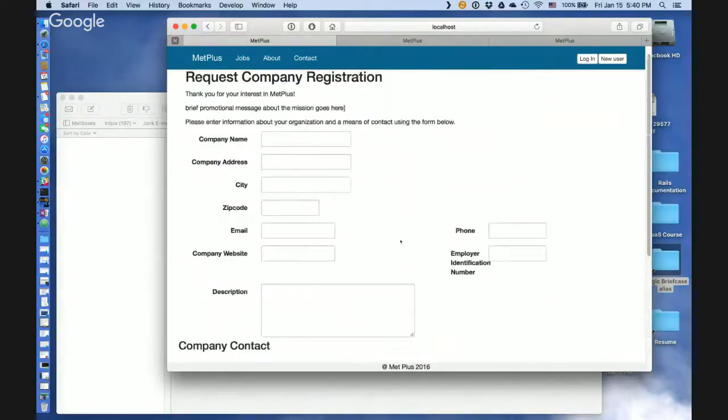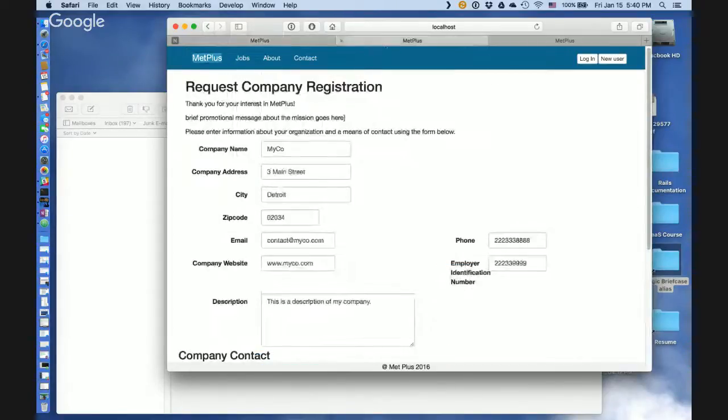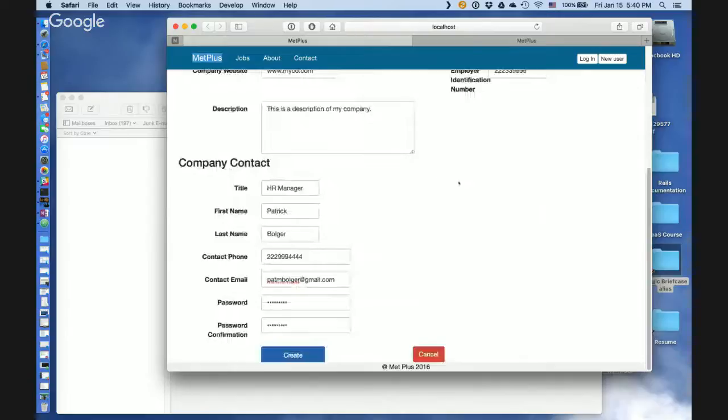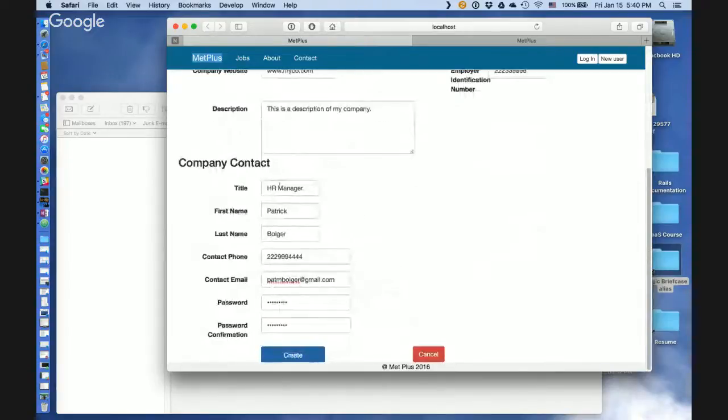Okay. I am not going to laboriously fill this out. I've filled this out in a duplicate page before you joined, so I'm not going to make you watch me slowly fill these things out. But anyway, I filled out the company information, MyCo, my title there at MyCo is HR manager. This is my email, and I'm indicating interest in becoming a partner. So I click create,